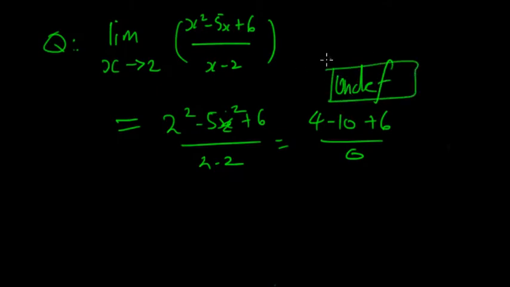So it doesn't exist there. So obviously it's not going to be continuous. So we can't just sub in 2. So this is a typical example. So when you see the x to the power of 2 divided by x, you should think, is there a